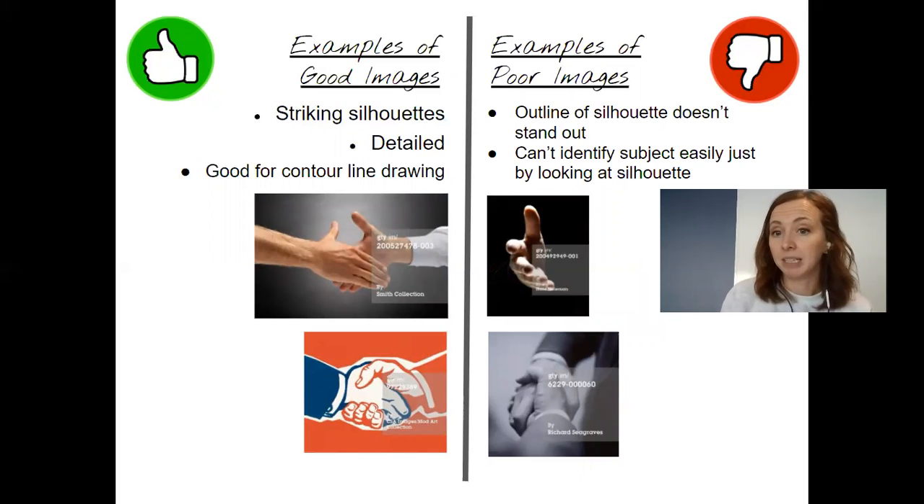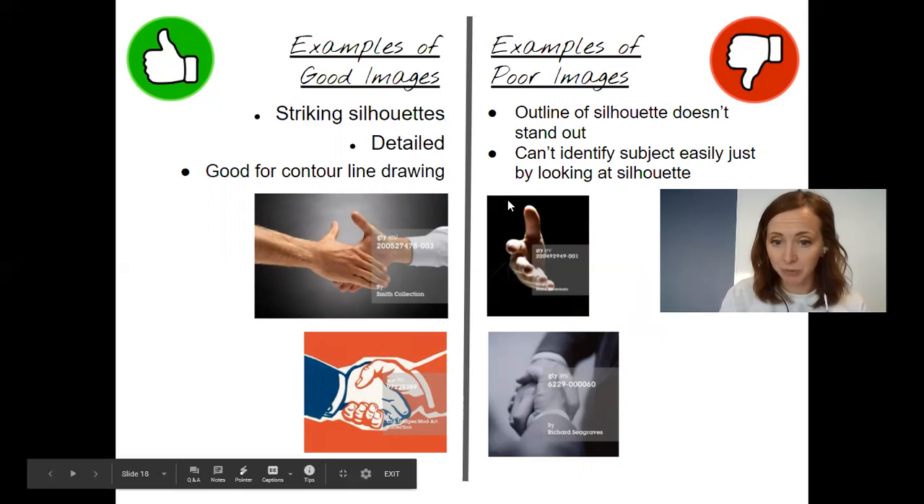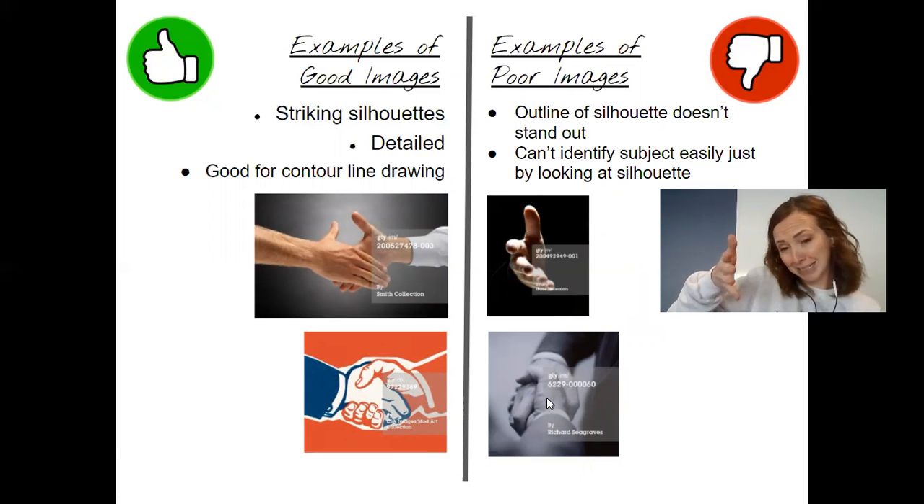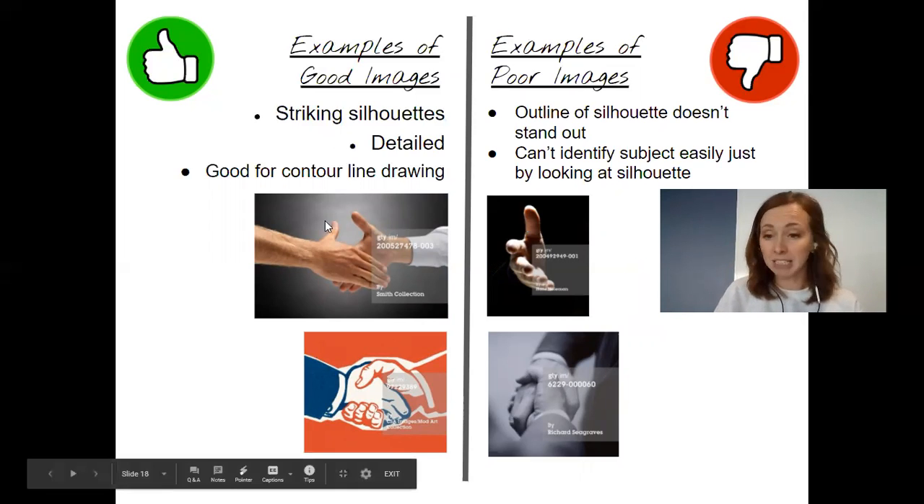Also, make sure that the outline, when you outline it, you can still identify what the subject is. So as you see on the right-hand side with these hands, if you were to just take the outline, it would be like a floating hand, or it would be like kind of a weird mess of lines. Whereas on the left-hand side, the angle is much better to be able to see what's going on, 2 hands shaking,